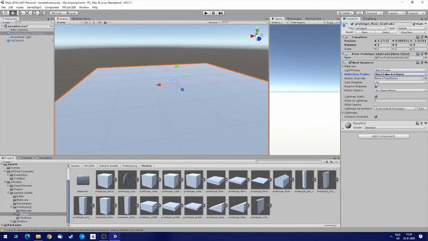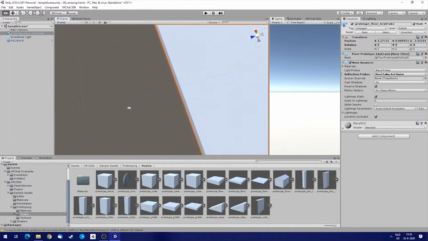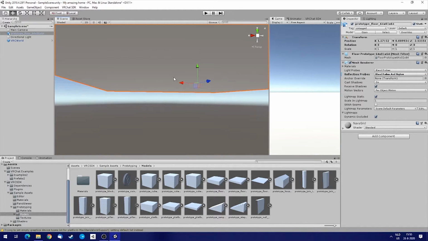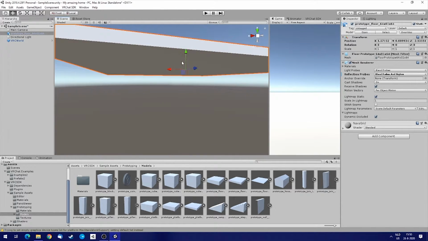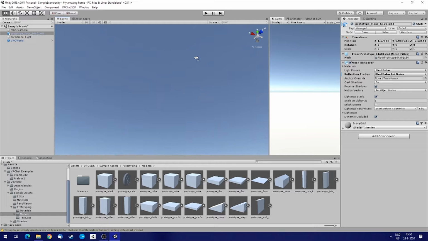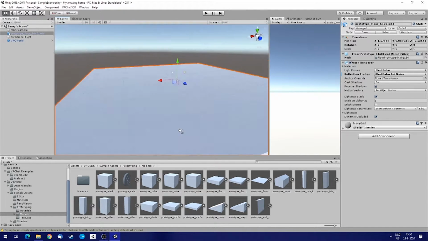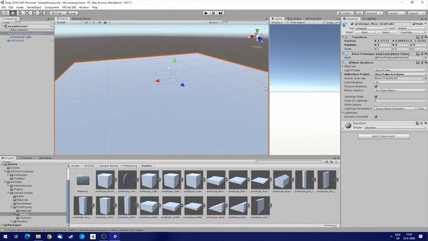Cast shadows, normally I put them on, but when I create the models myself I mostly make them two-sided because I never create the bottom plane. You could erase that from your model, saving up a little bit of processing power for the worlds. But for now just keep that on, and